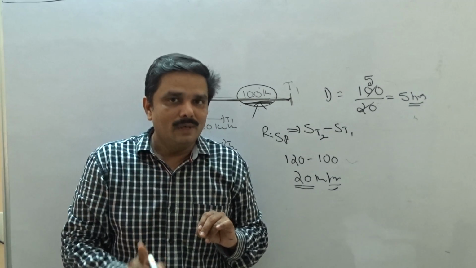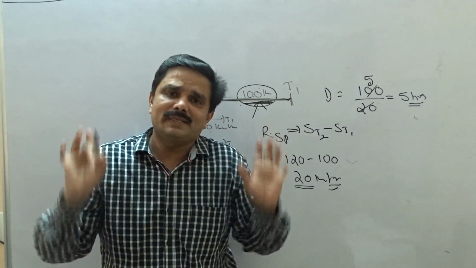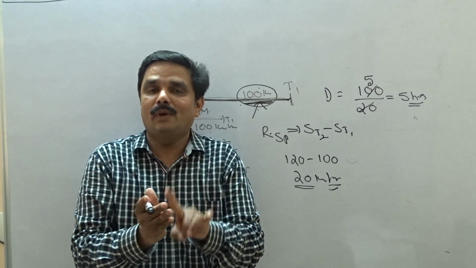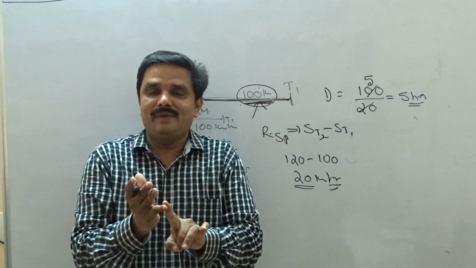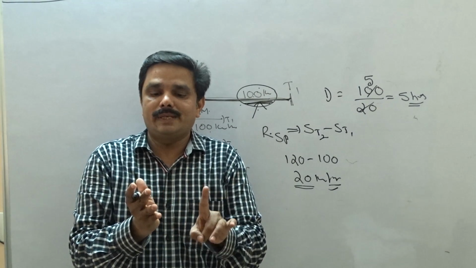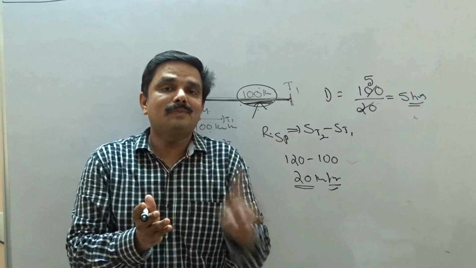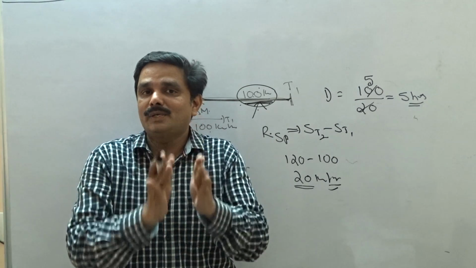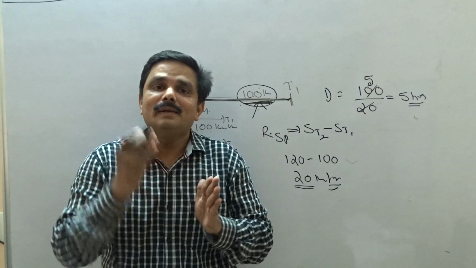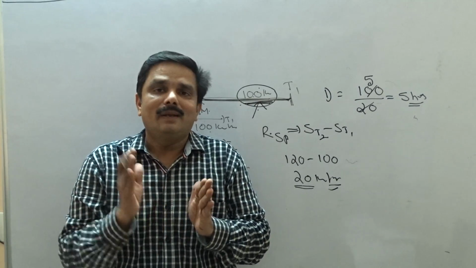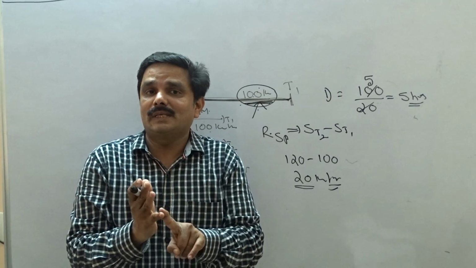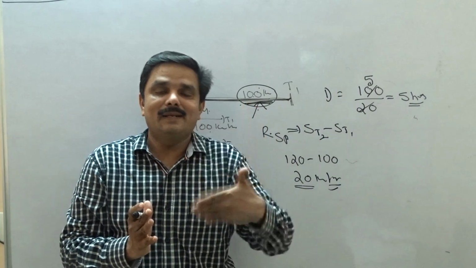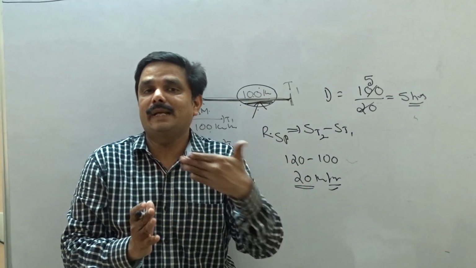Friends, in this video we have discussed some general points: time, speed and distance, and what the relationship among them is. Then we discussed how to take average speed in various cases, and how to take the relative speed. The relative speed concept is really important for you. I'm going to discuss the actual questions in the next video. In the next video, let us start with general questions on time and distance. After that, we'll go for problems on trains, then problems on boats and streams.